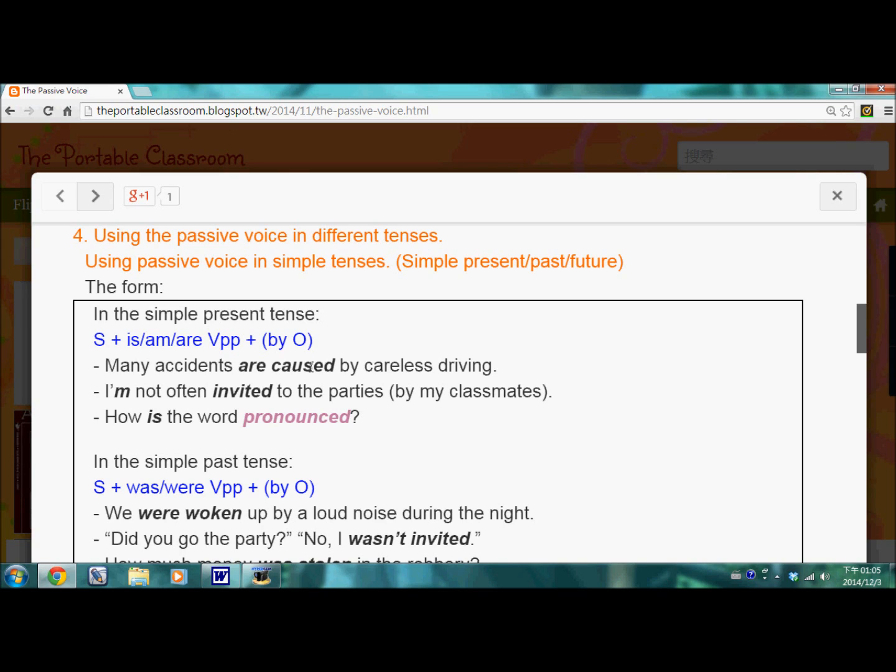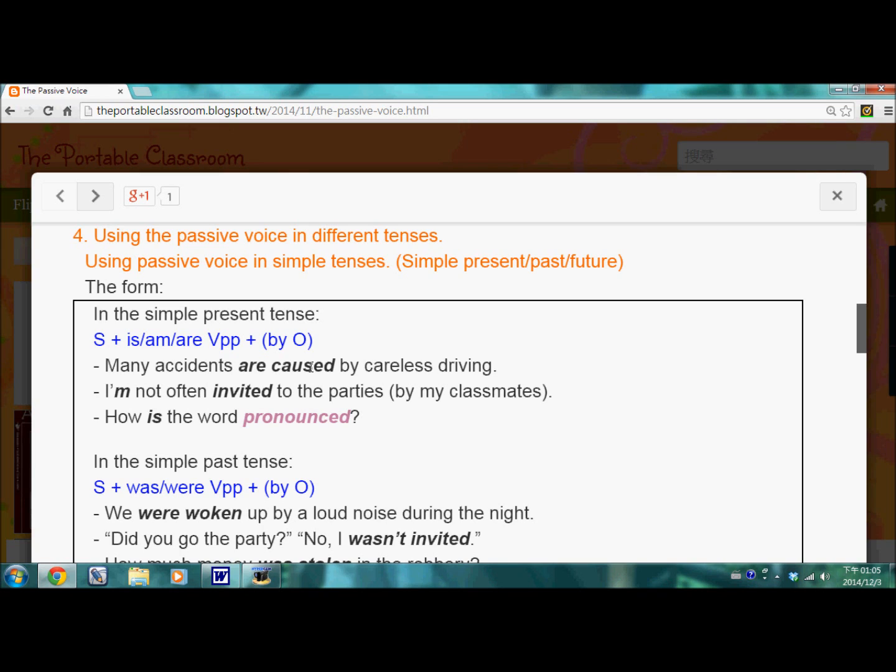Passive voice. Today we're going to talk about using the passive voice in different tenses. We're going to talk about how to use the passive voice in simple tenses first. There are three simple tenses: simple present, simple past, and simple future. In the following demonstrations, we're going to talk about the use of the passive voice in three different simple tenses